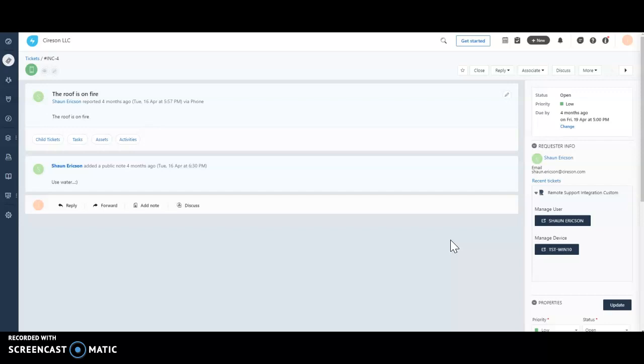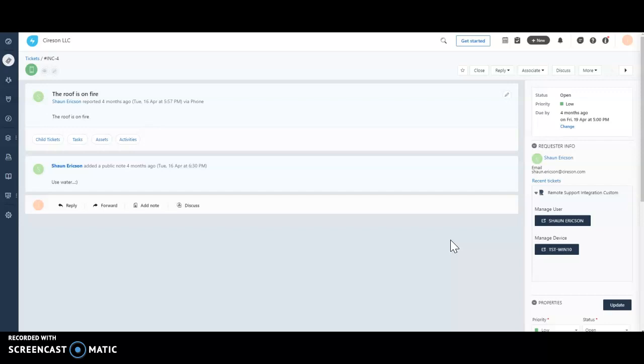assigned owner asset of. For this integration to work, the FreshService instance must be configured using the SCCM, the System Center Configuration Manager integration. And what that does is it brings in user and asset data from Configuration Manager, which is the same data that our application uses in the remote support instance. So for this integration to work, both remote support and FreshService would have to have been integrated with the